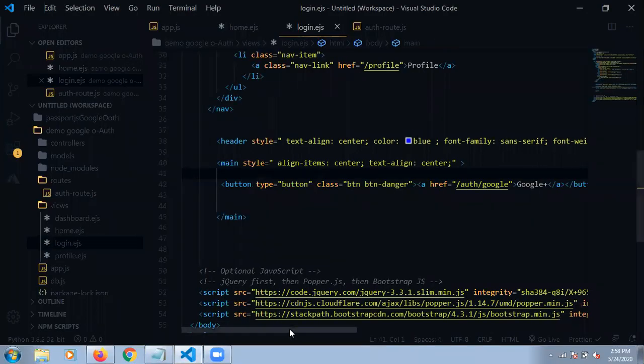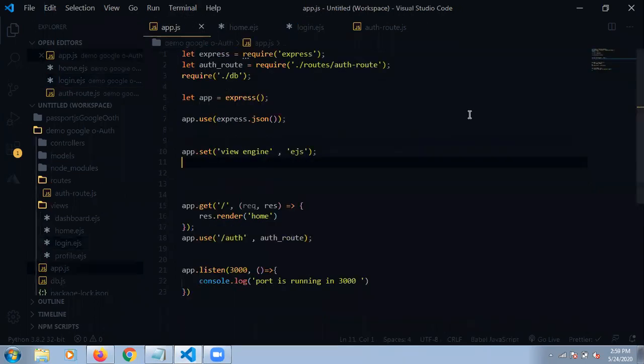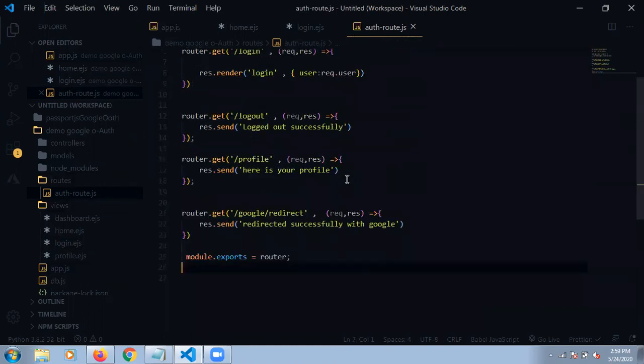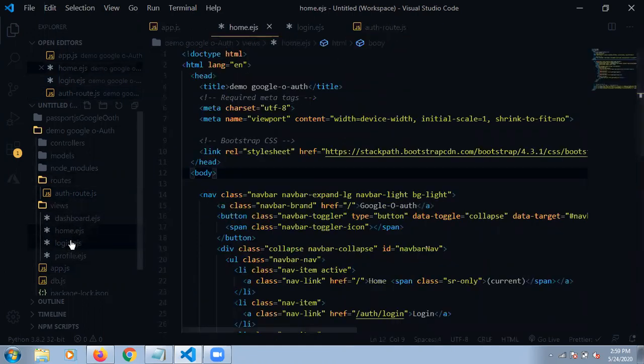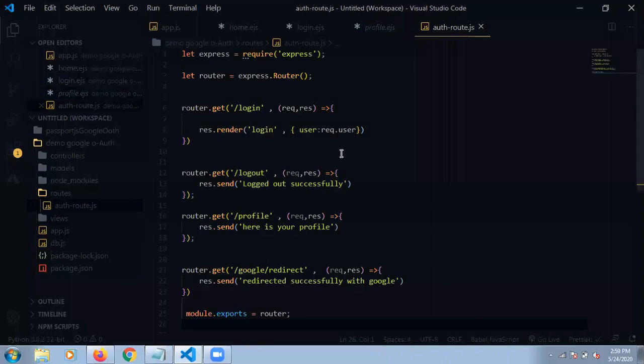I think you understood how you connect your handlebars with your front end and your application through the route. And this is a very useful thing that we did. I just give an overview here in this video, that we are creating 3 files, home.ejs, login.ejs and profile.ejs, and for those view files we are making a route folder.